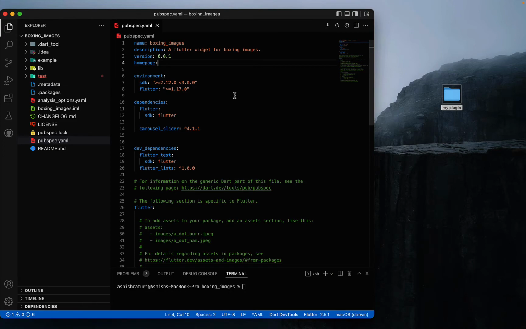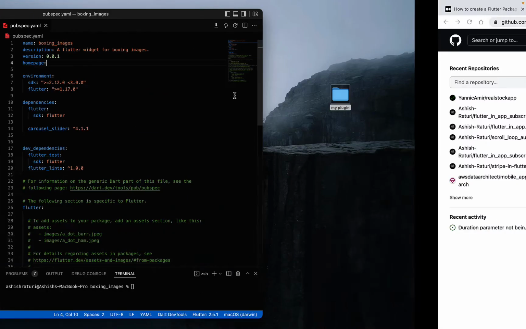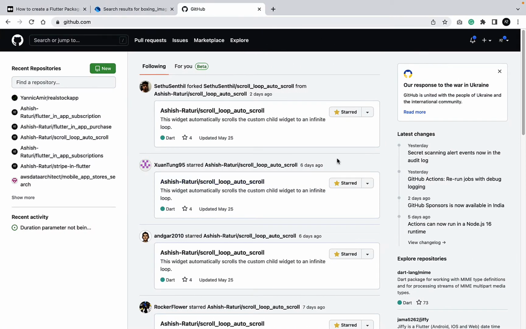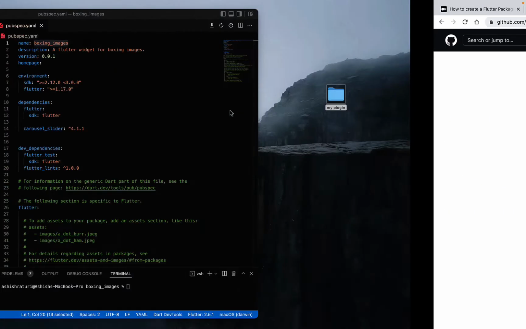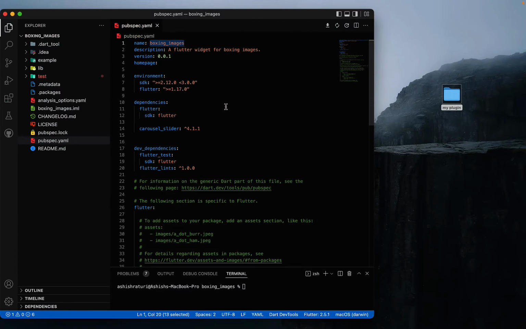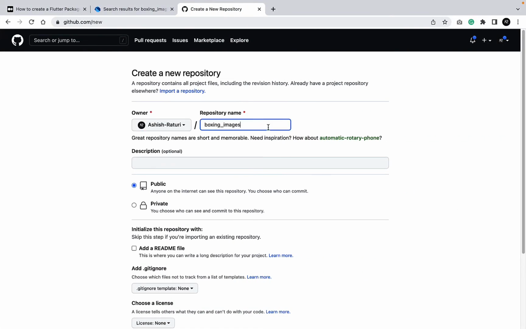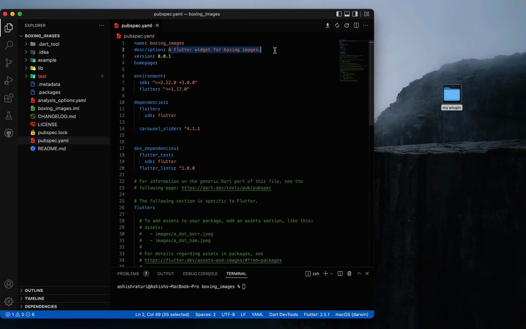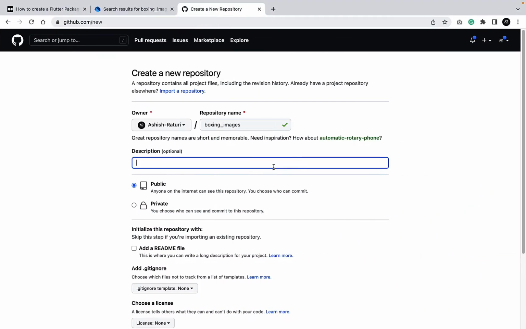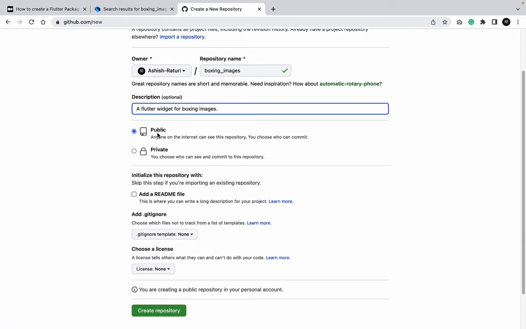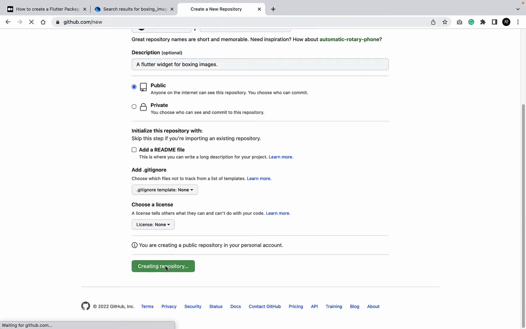Okay, now we need to create a GitHub repository. So go to GitHub and log into your account. If you don't have one, then create one, and then click on this plus icon, new repository, and for the repository name we can say our plugin name. So copy this plugin name, paste it over here, and in the description we can say this description, copy it, paste it over here, select public, then click on create repository,